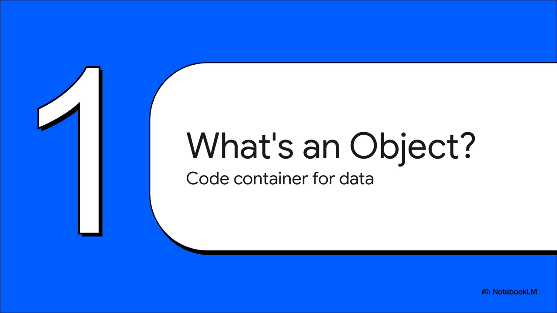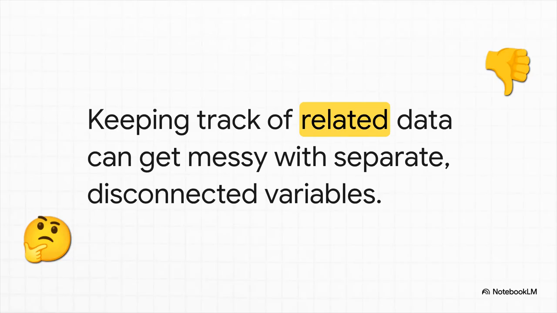Let's forget all the jargon for a second. At its absolute core, an object is just a container. Yeah, that's it. It's a box we can use in our code to hold a bunch of related information all in one tidy place. So imagine for a second you're trying to describe a person in your code, but without